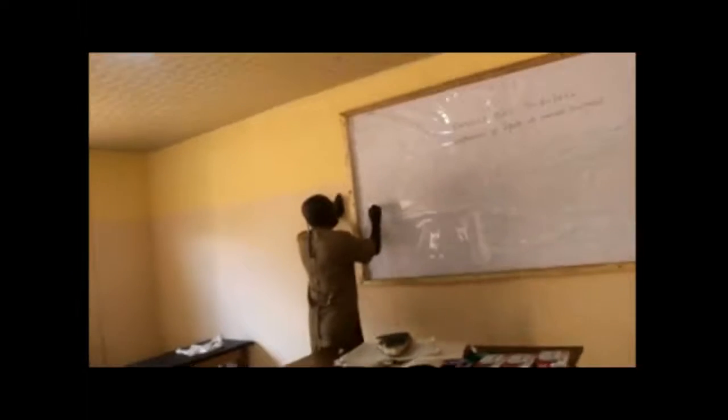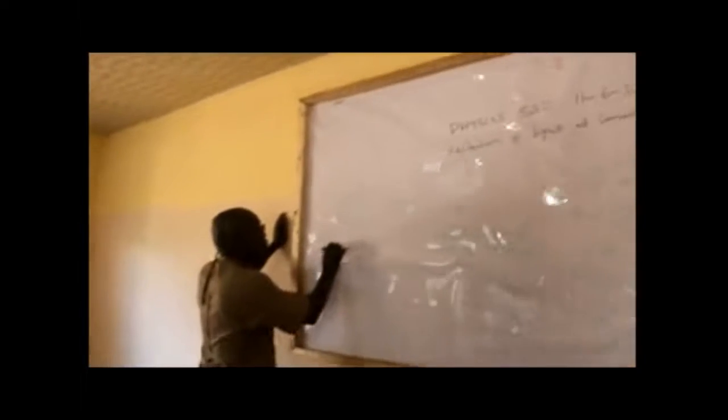The same procedure. 1 over U plus 1 over V is equal to minus 1 over F. You know why minus here? Remember, convex has a virtual focal length. So from here, 1 over 20 plus 1 over V is equal to minus 1 over 10. 1 over V is equal to minus 1 over 10 minus 1 over 20. LCM is 20, which gives you minus